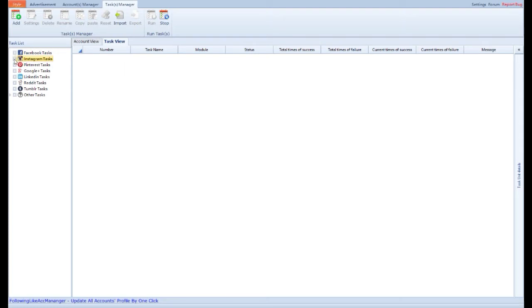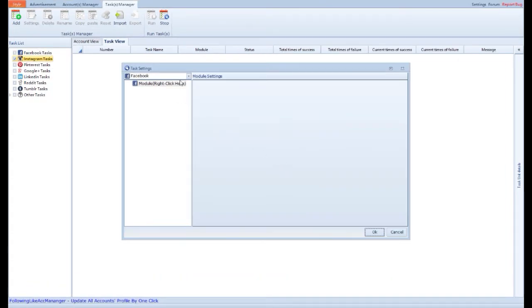First thing you want to do is go ahead and select Instagram and click on Add. We're going to name the task. Name it Follow. Hit the OK button. Click on the correct social media platform, which is Instagram. And we're going to click the right click here button